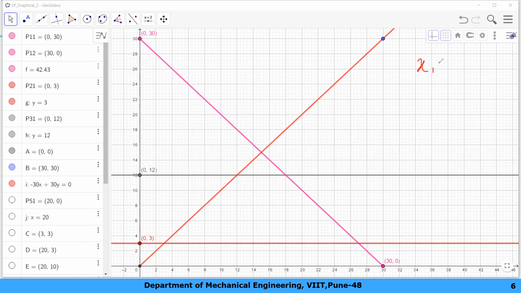Now again coming back to the equation x1 minus x2, we had assumed it equal to 0, but in reality it is a greater than sign. What it means, x1 should be always greater than or equal to x2. Now this sign is going to help you. Where is your feasible region? Try to understand that x1 should be always greater than x2, right? So on this line is x1 equal to x2.